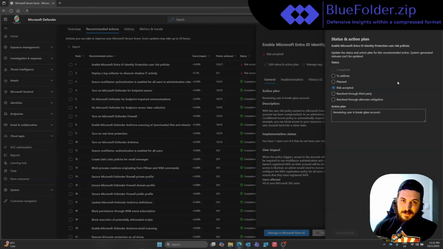Going back to when I was an MSP, I had a lot of other third party tools that were doing the same, similar, better or worse than Microsoft. So here I could say alternative mitigation, I could give a reason, and I'll gain those points there as well. So I think this is really good, and I feel like people in general don't quite understand that secure score isn't just an all or none, achieve it or don't. It is a maturity metric that you can follow along with, and you can actually gain points with alternative third-party